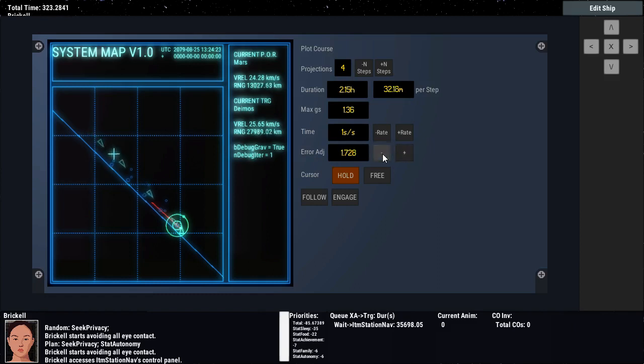And you'll see if I tweak that adjustment, it's basically adjusting my course plotting parameters slightly plus or minus so that I can actually make the final position of my ship, that last triangle, match the final position of, in this case, Deimos, in the time it takes me to get there and reach that speed. So it's a little bit of a fudge factor, but the way this game works, most ships have a fusion